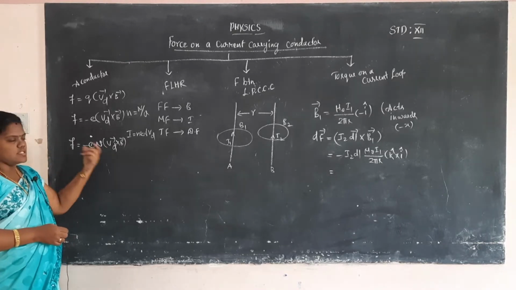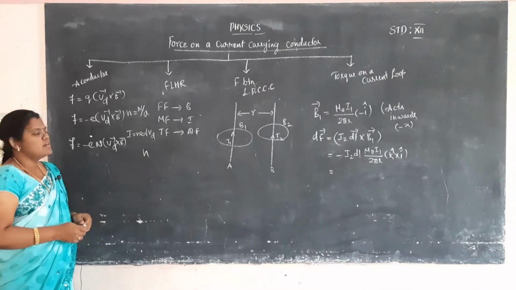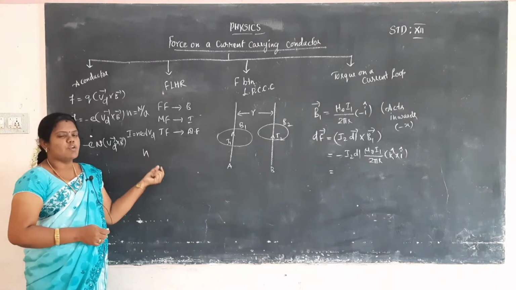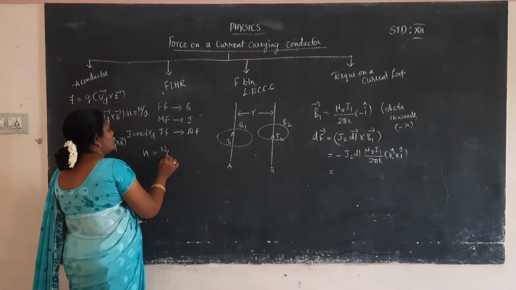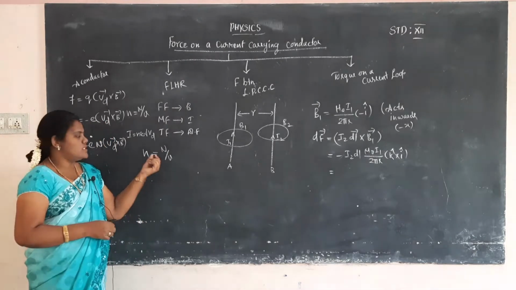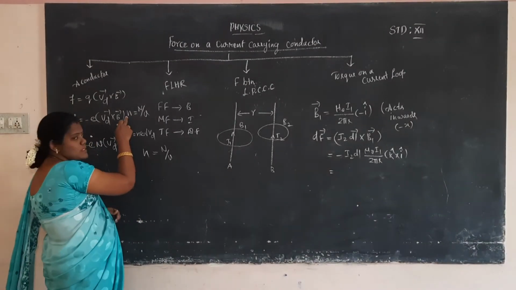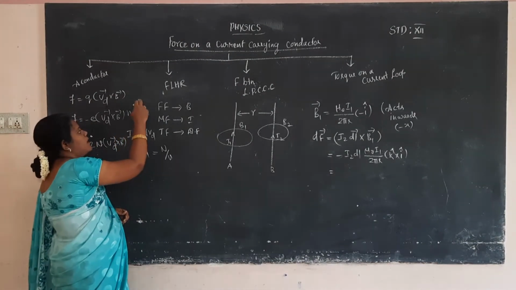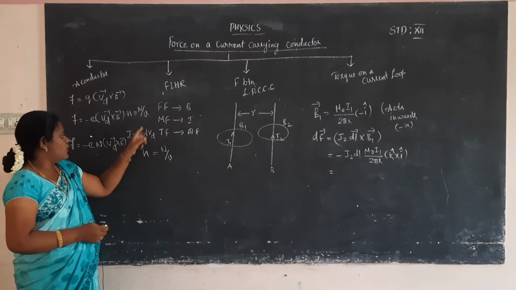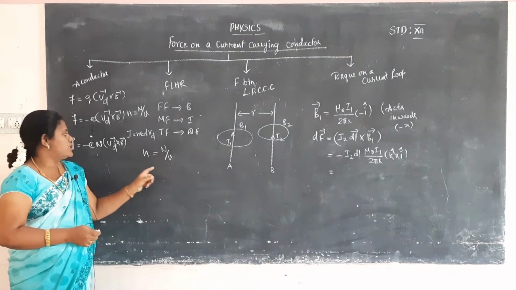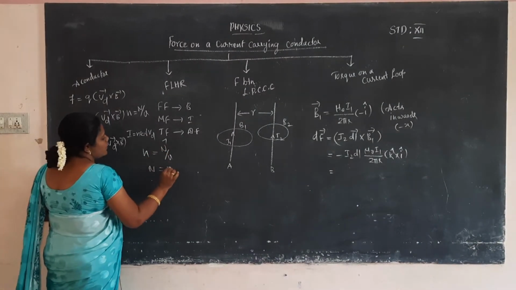Then I have to change that capital N in the form of small n. What is capital N? What is small n? Small n means the number of electrons in a unit volume. So the number of electrons is capital N, and the volume is V. So small n is equal to capital N by V. So the number of electrons per unit volume n is equal to capital N by V, and substituting, capital N is equal to small n into V.